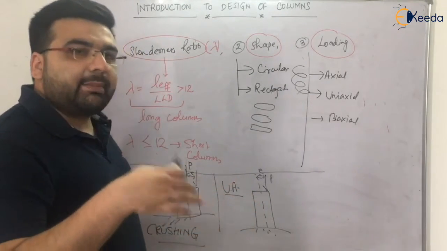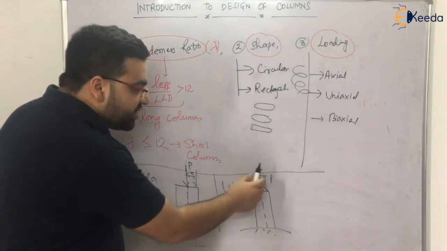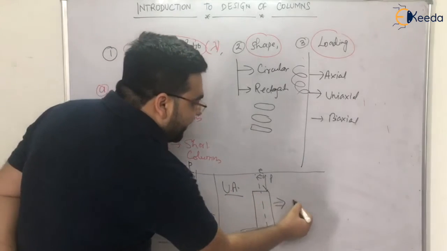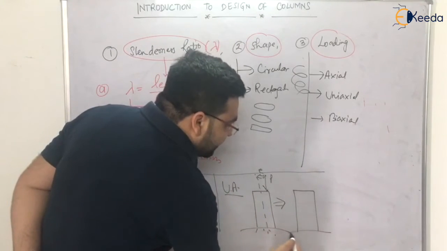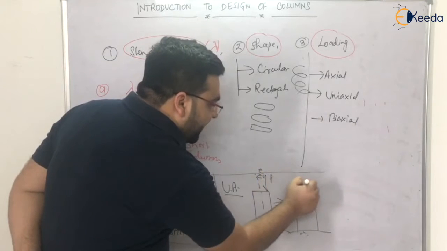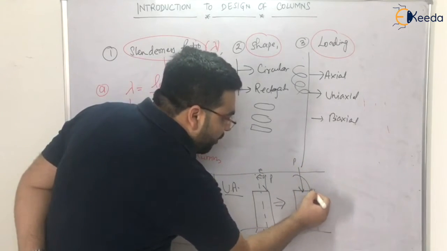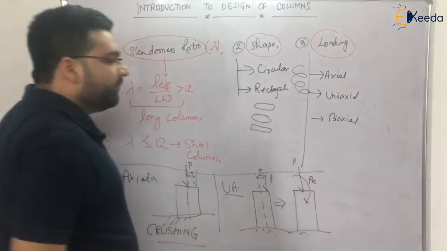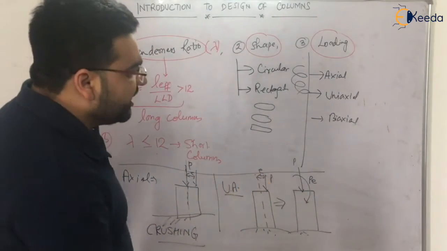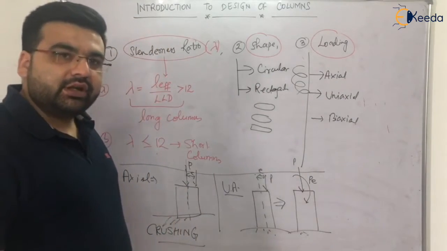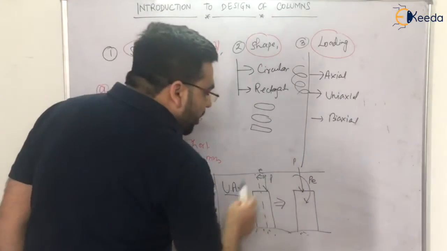Now, it is a basic of strength of materials. If such type of case is there, it can be simplified like this. So the load P can be transferred to the center. In addition to that, there will be a moment also, which will be equal to P into E. I hope you remember. Even in steel structures, this is the concept. Clear? So these types of columns have an eccentricity.